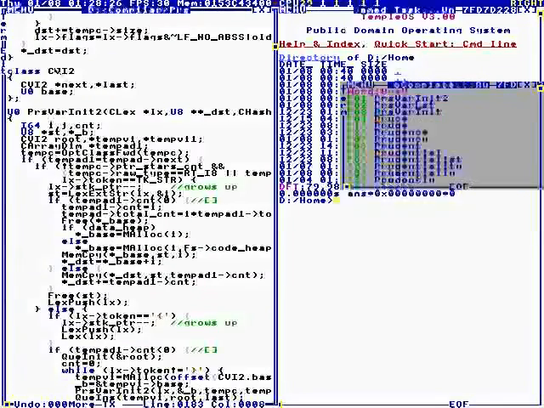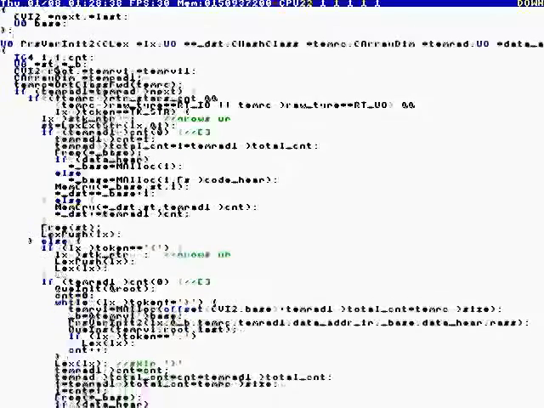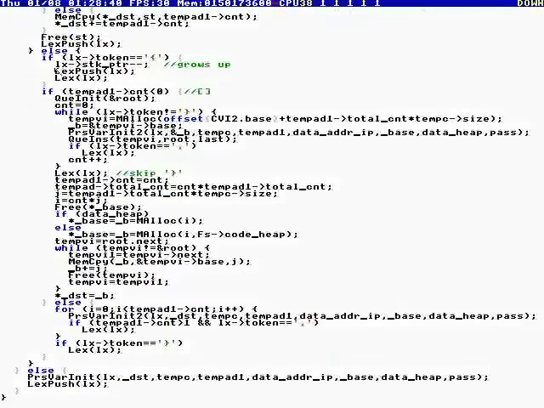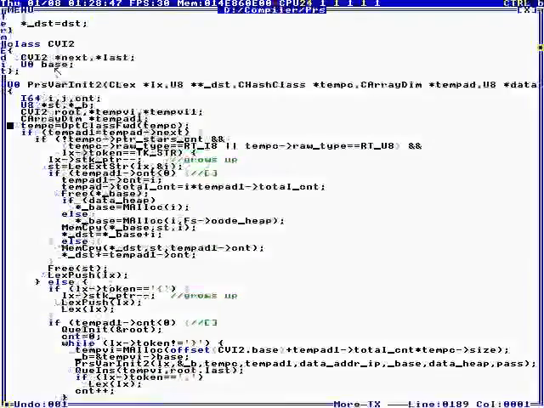Looks like we are in the compiler. Oh no, I don't understand this. I wrote it and I forgot. Okay, this is for variable initialization. So when you, I don't know if this is for both globals and, okay, we are in statement parser. Okay, so